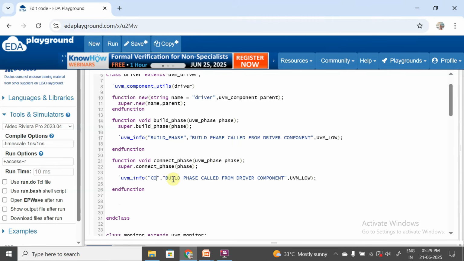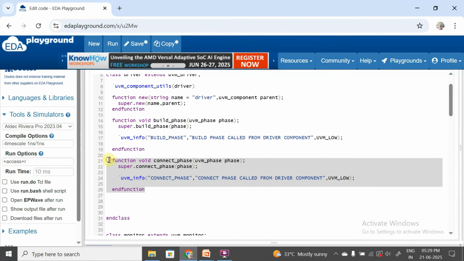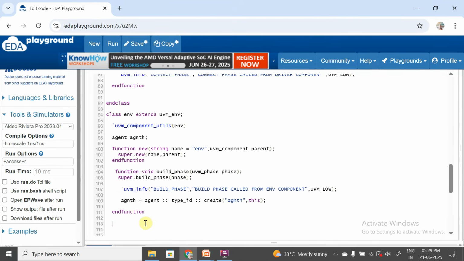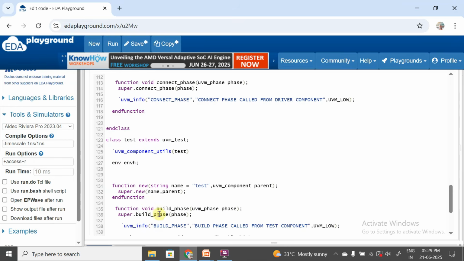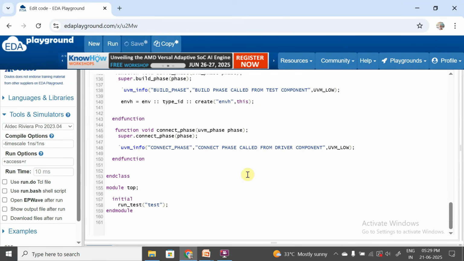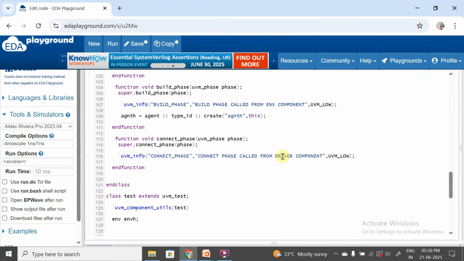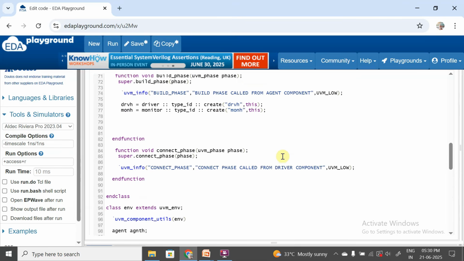So it is connect phase, and connect phase is called from driver component. Okay, let me copy this whole function and paste it over in other classes also, and my environment and in my test. Yes, so let me save this, and let me make some changes. So connect phase called from test component, and the connect phase is called from environment component, and the connect phase